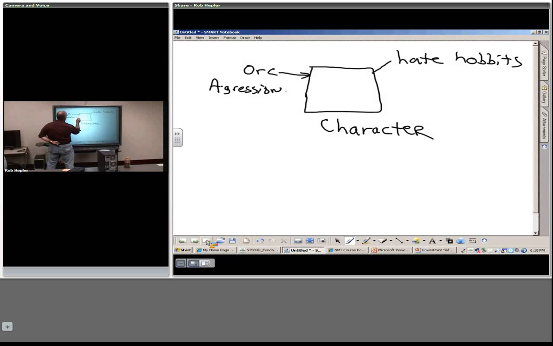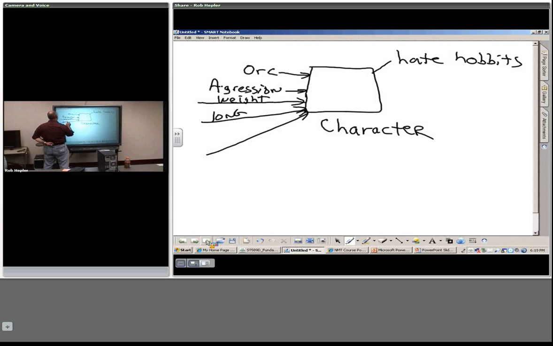How aggressive is this particular character? Scale 1 to 100, 1 to 10, however you want to rate it. What else? Weight, how big is it? How long are the arms? What armor is it wearing? What weaponry? Is it wounded? Etc. So inside this object, I'm exaggerating a little bit just to make the point, but inside this object then,